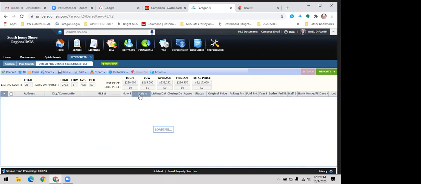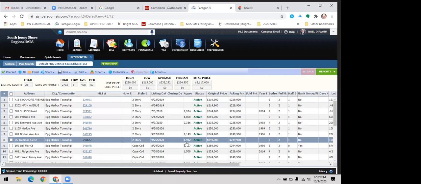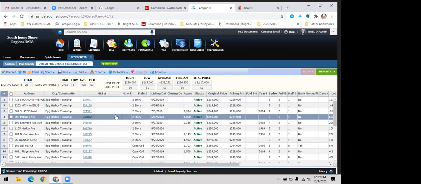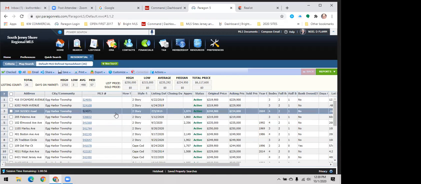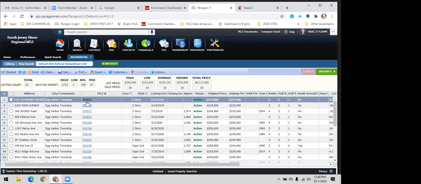And now we do have several 2-stories. So notice the difference. As soon as we jumped up a little bit in price range, we now have all of these 2-stories and all of these Cape Cods. Makes a big difference. So it's important to show your buyers value difference. Now, I'm not going to say these are in the best shape, but now it's your job to, if their buyers aren't picky on what they want,